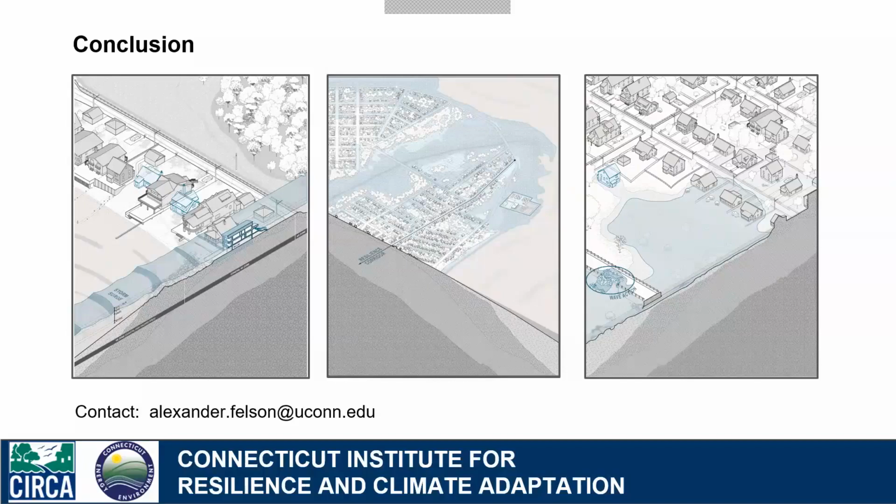We do have a couple other questions that have come in. How do you reconcile potentially contradictory flood management strategies, such as managed retreat and construction of new tide gates and berms? Sorry. Yeah, that's a great question. That is a great question.